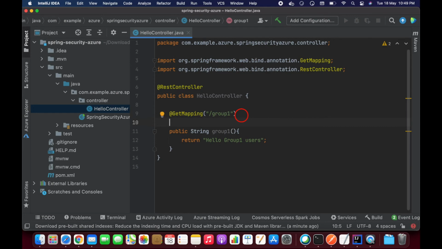After that, we need to authorize this, right?